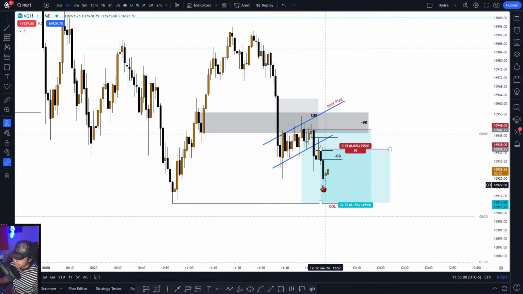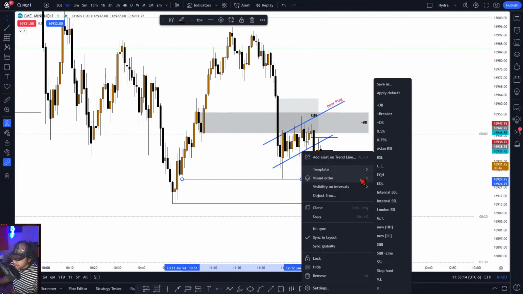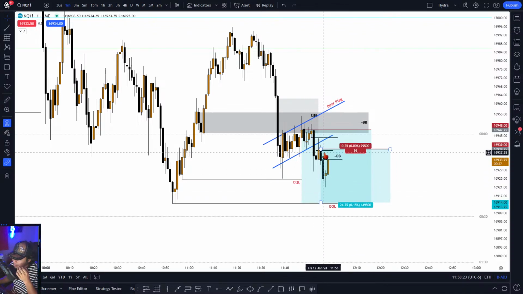as well as retail. So price took sell side liquidity here, this was an equal low as well, right? So we don't want to see price retracing now, folks. Keep that in mind, because we still have targets here. So we want to see price not going above the order block. If price is going above it, the setup is gonna fail. And again, it was a low probability setup,